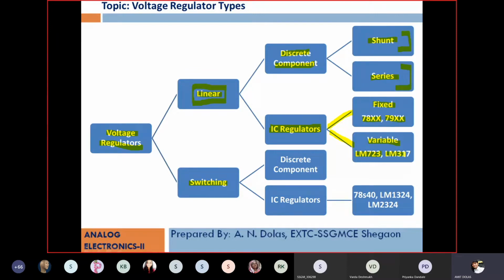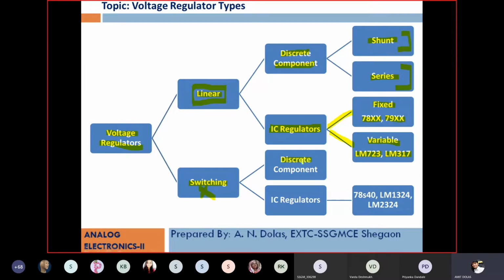And then LM317 is a positive variable voltage regulator. There is one more IC called LM337, which is, of course, a negative variable voltage regulator, but that is not included in the syllabus. So here we will only see these ICs 78XX, 79XX, LM723 and LM317. Under switching, of course, the switching regulator is not in your syllabus, but